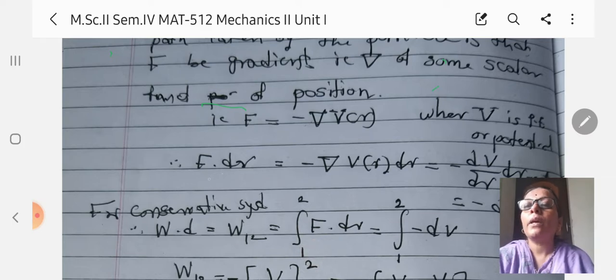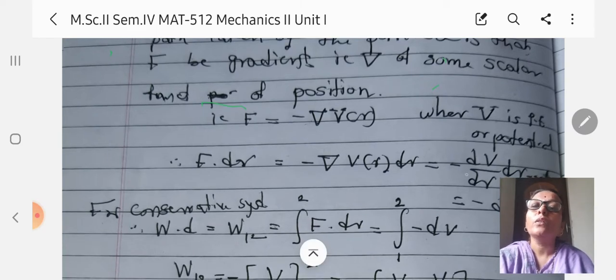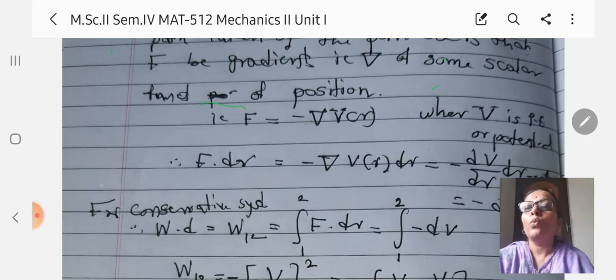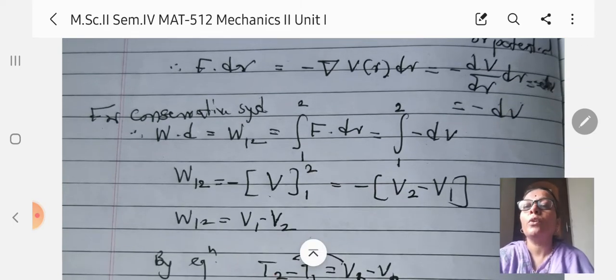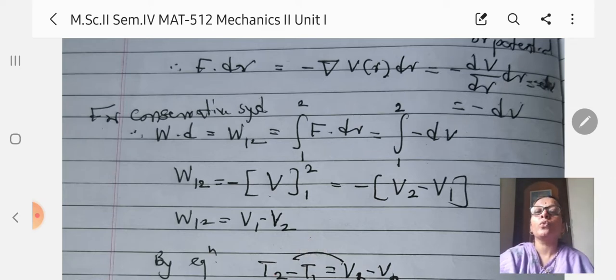Now multiply by dr, therefore F dot dr equals minus del V of r dot dr. Take del as d by dr, therefore we can write minus dV by dr into dr. Now for a conservative system, the work done W12 is equal to the integration from position 1 to position 2 of F dot dr, equal to the integration from 1 to 2 of minus